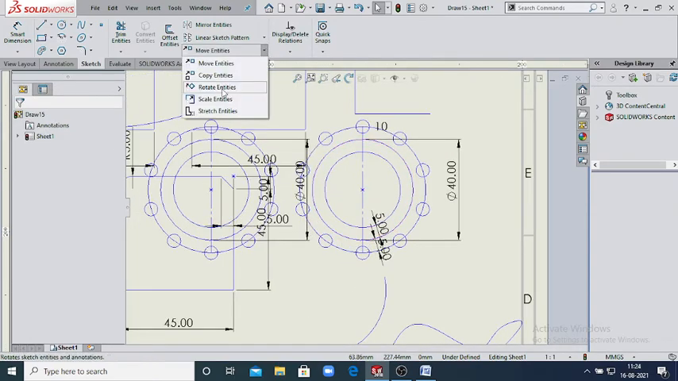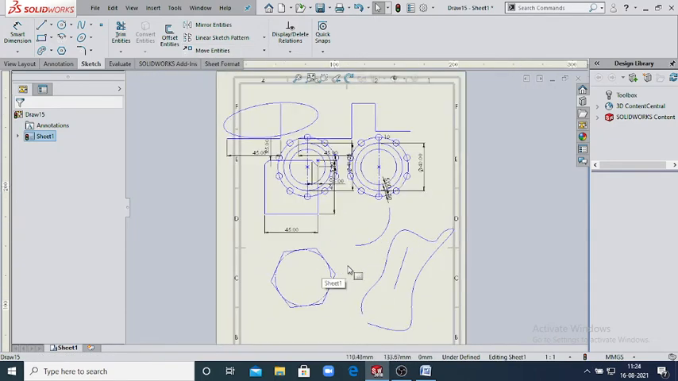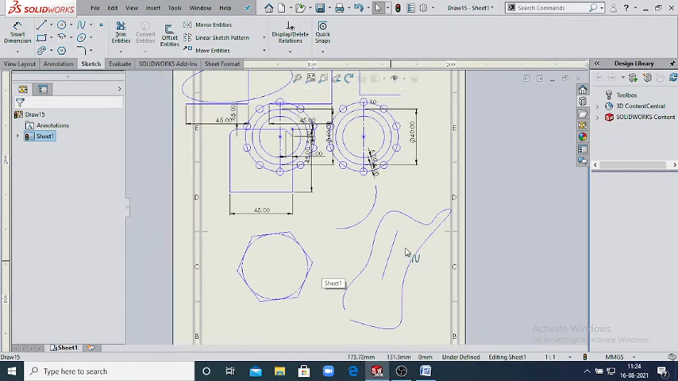So next one is rotate entities. If you want to rotate your object in any angle, rotate entities is used. Next one is your scale. If you want to increase or reduce your object, scale entities is used. Same as well is your stretch entities. So these are some basic commands